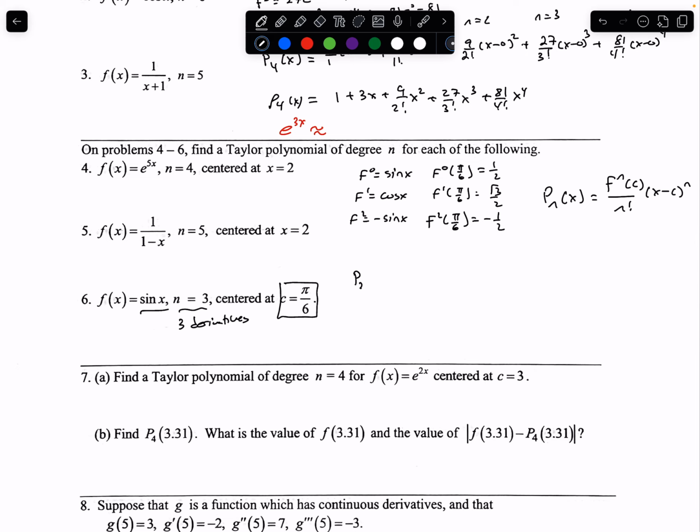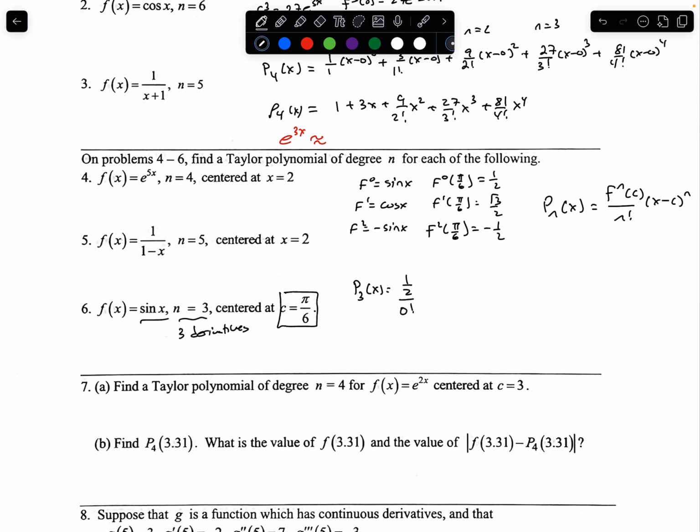So this is a third degree Taylor. So we're going to write a p sub 3 of x is, ready? The first one, the value of this becomes 1/2 over 0 factorial, x minus pi over 6 to the 0, plus root 3 over 2 over 1 factorial, x minus pi over 6 to the first, and then the last one, minus 1 over 2 over 2 factorial, x minus pi over